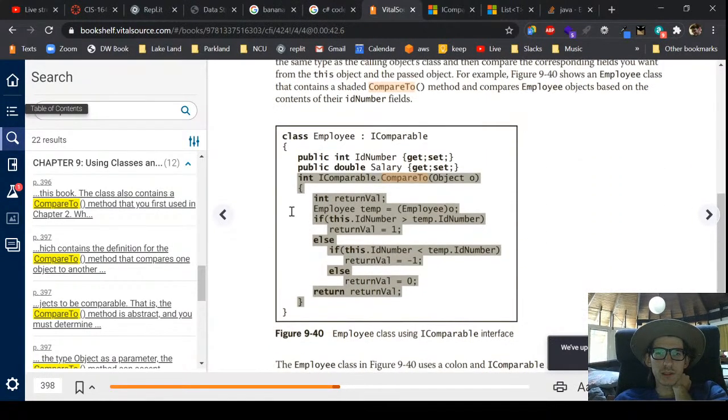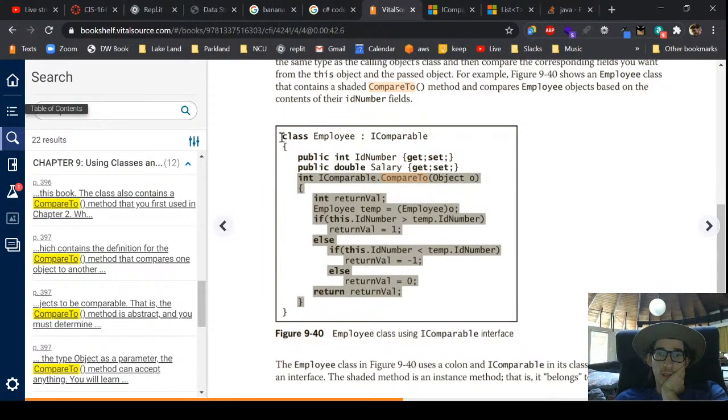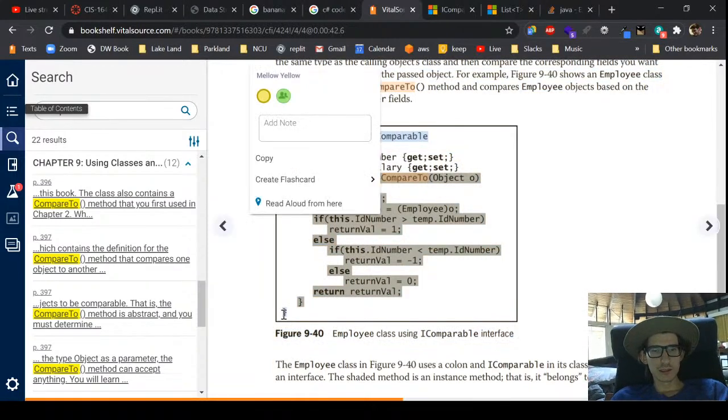Okay, so yeah, this is what we need right here on page 398. So we need to make the conference I comparable. Okay, so we'll copy this code, or I guess you'll type it, unless you can find a digital version of the book,